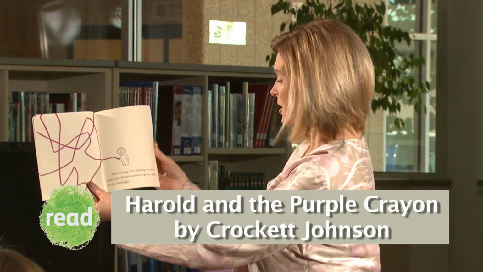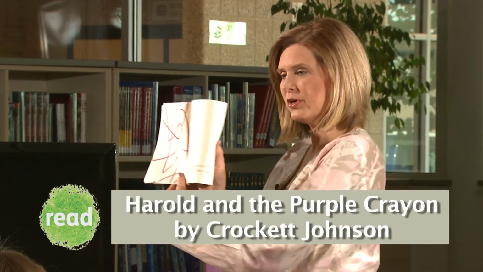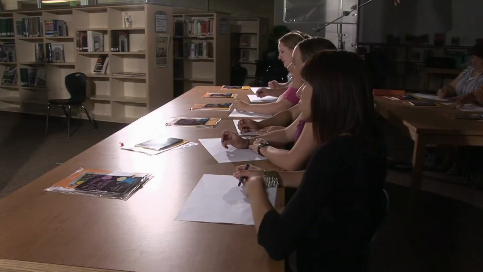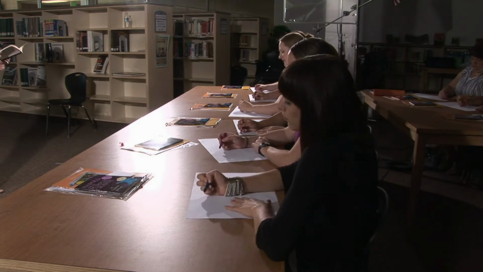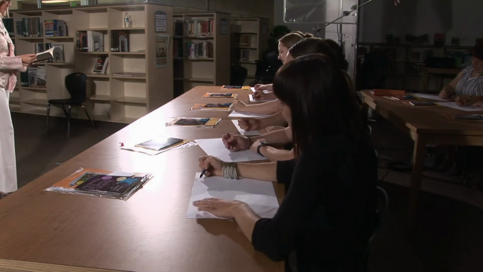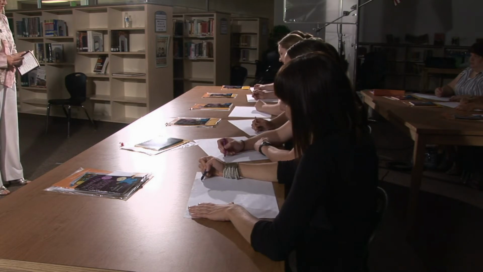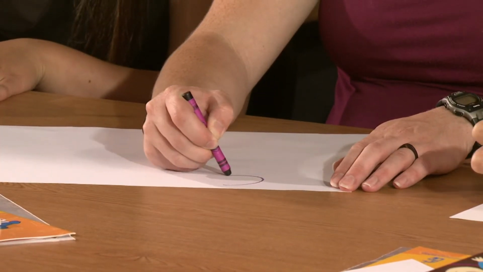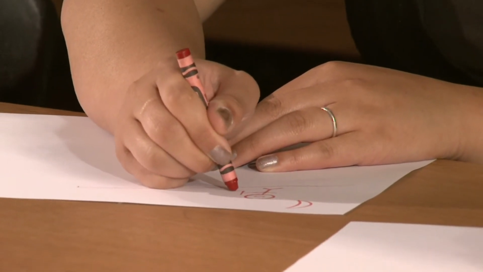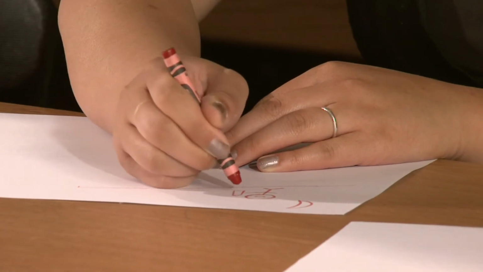One evening, after thinking it over for some time, Harold decided to go for a walk in the moonlight. There wasn't any moon, and Harold needed a moon for a walk in the moonlight. And he needed something to walk on. So he made a long, straight path so he wouldn't get lost. And he set off on his walk, taking his big crayon with him. He didn't seem to be getting anywhere on that long, straight path. So he left the path for a shortcut, and the moon went with him.